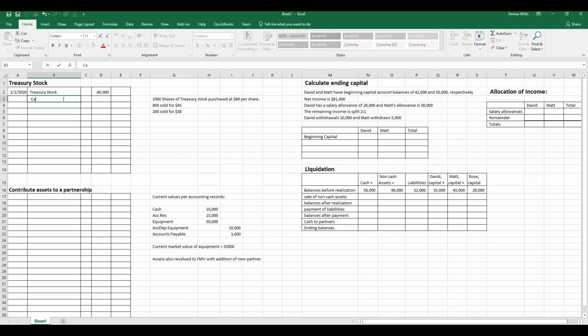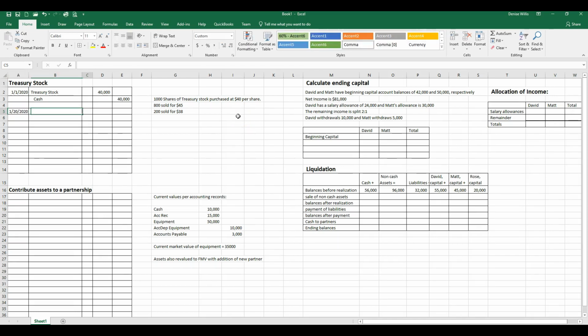And of course, we used up some cash to buy it. So we're going to credit cash $40,000. So that's the purchase. Now we're going to sell some treasury stock. Let's say we turn around and sell it on the 20th. We're going to get cash, and it says we sold it for $45. So our cash is going to be 45 times the number we sold, which is 800 shares. $36,000 in cash. Now the treasury stock has to be credited,